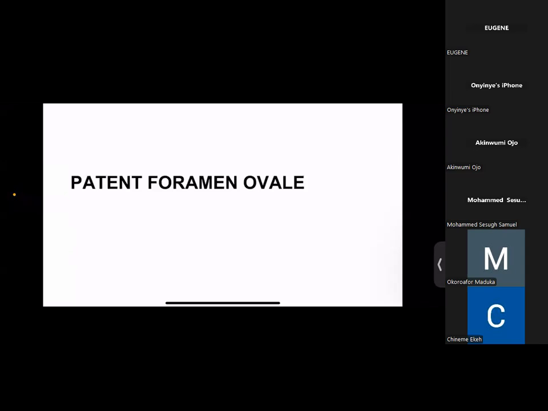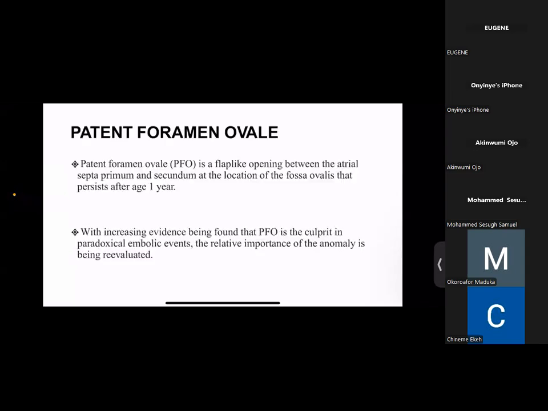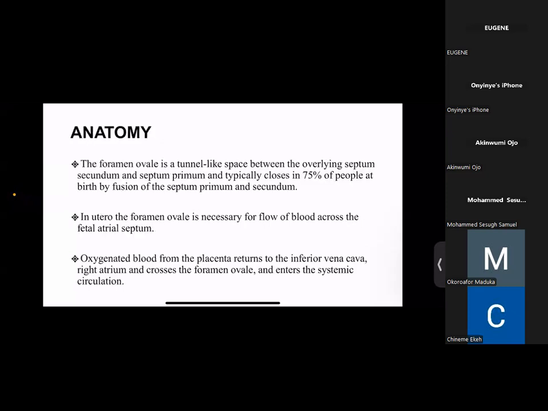The other one we're going to talk about today is patent foramen ovale. Patent foramen ovale is a flap-like opening between the atrial septum primum and secundum at the location of the fossa ovalis that persists after 1 year. With increasing evidence that patent foramen ovale is a culprit in paradoxical embolic events, its importance is being reevaluated. To briefly talk on the